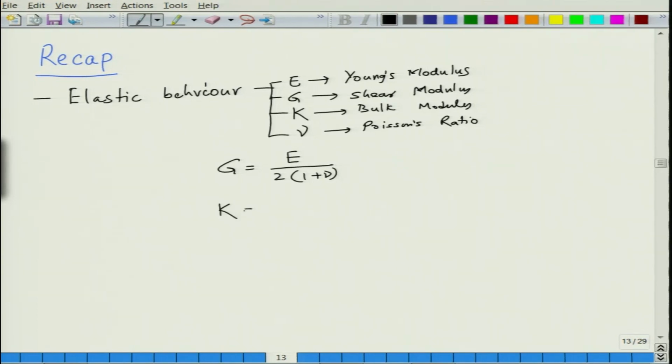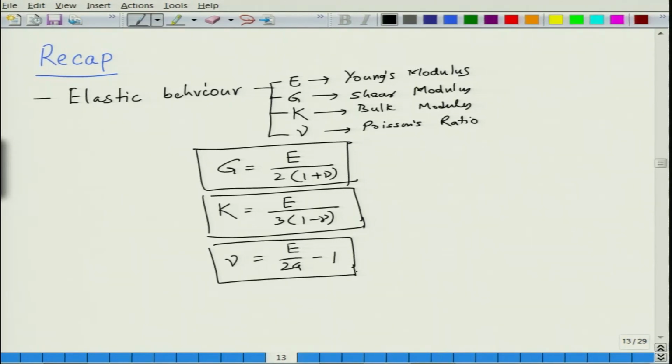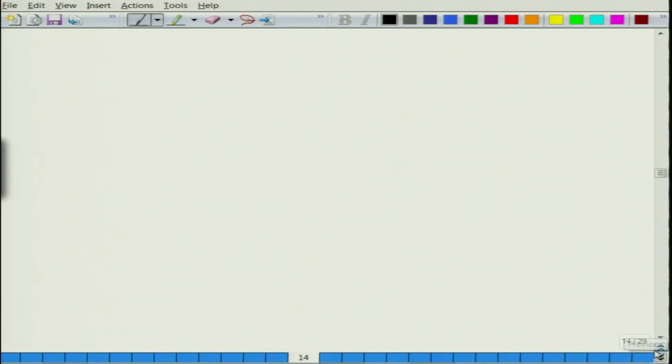We can write K is equal to E divided by 3 into 1 minus nu, and if you eliminate K from this, we can write nu in the form of E and G, this is E divided by 2G minus 1. So, these were the three relations that we worked out in the last lecture. This was a very brief primer about what elastic properties are. Now, in this class we will look at